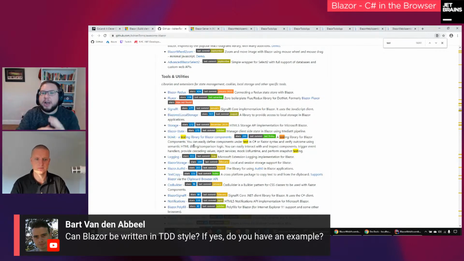So your standard practices for how you would create a regular ASP.NET Core MVC app or ASP.NET Core Razor Pages app, you'd use those same methodologies with Blazor. It's just a different type of tool.